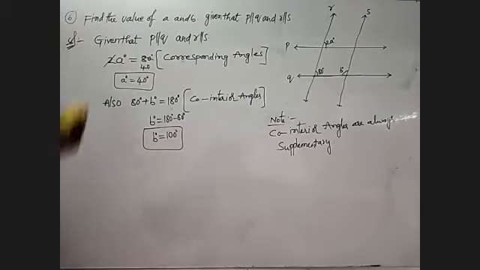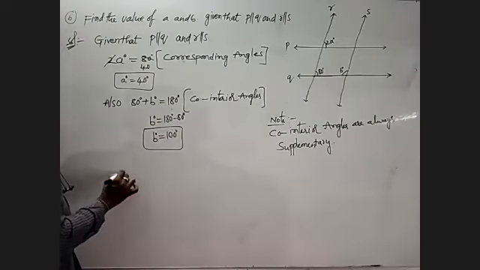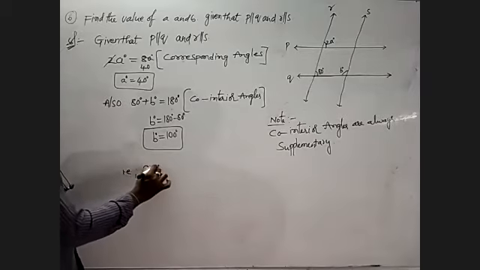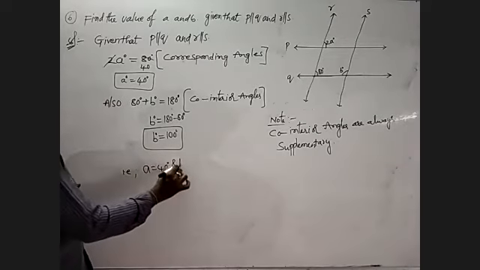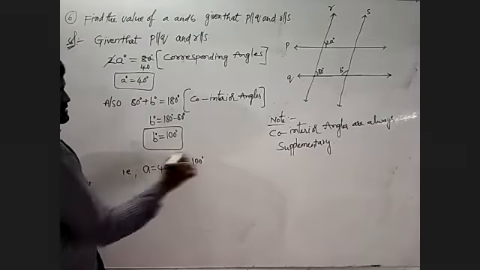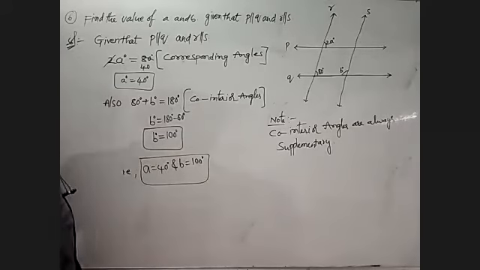By the problem, you will find A and B. They are given, A value is 40 degrees. After that, B is 100 degrees. That is the values of A and B. Now, I will explain the next one.